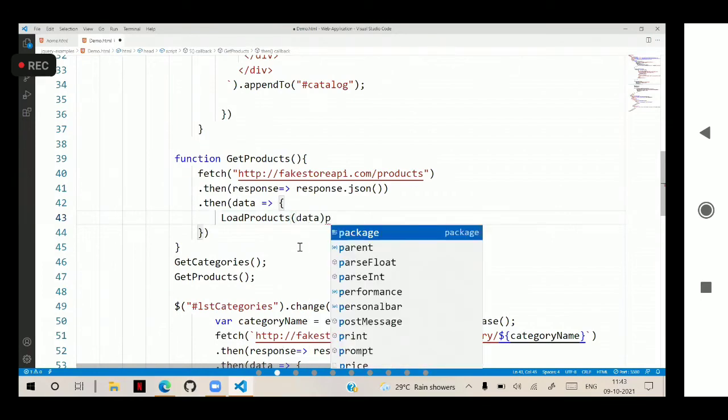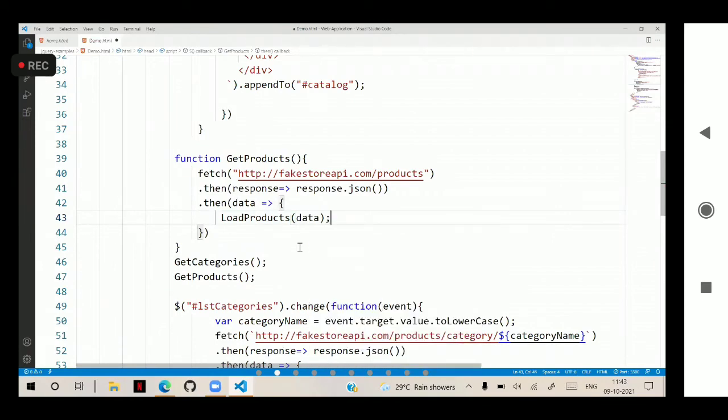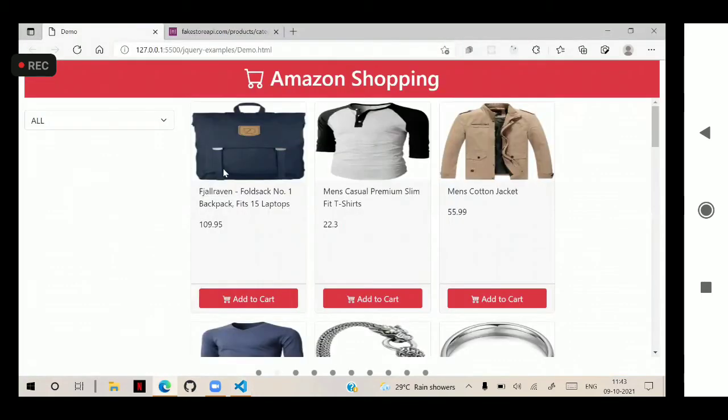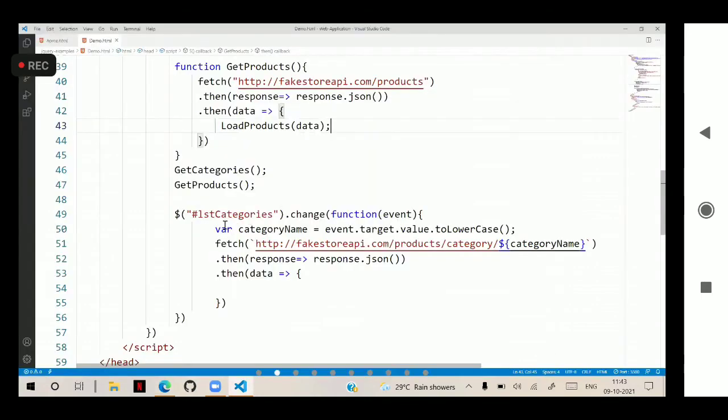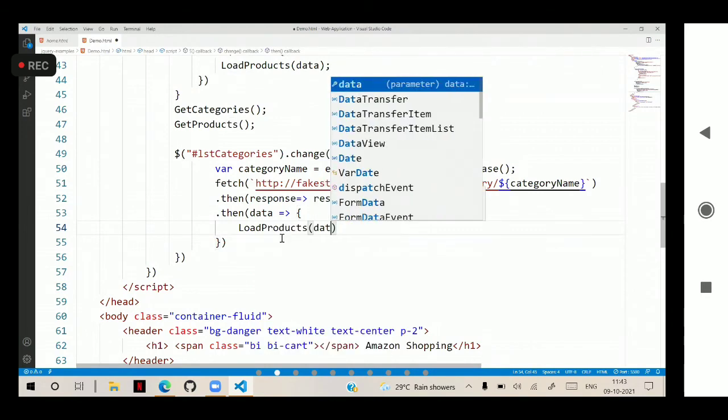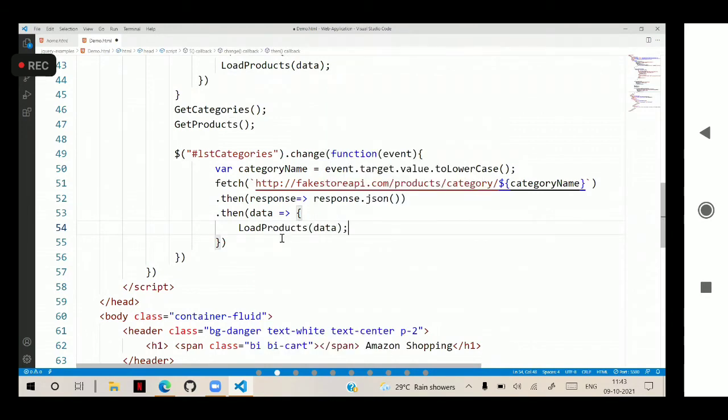So this is initially on load. It is accessing that and displaying. On load, it has to do this. Fine. When the category changes, again use that method, load products, and pass the data into it. This time the data contains only the products that belong to that category.